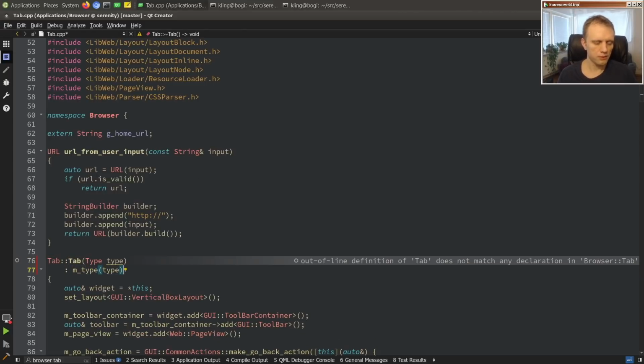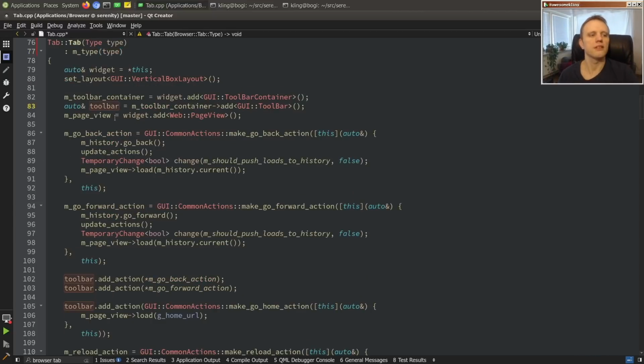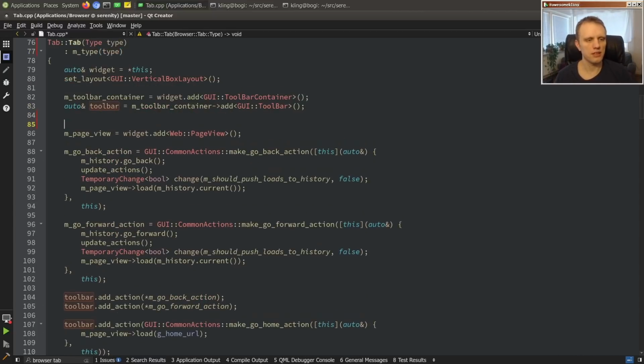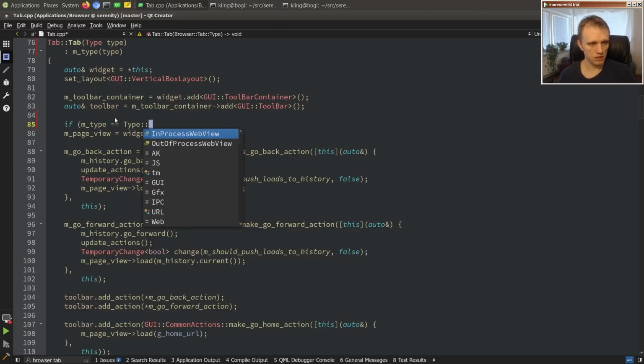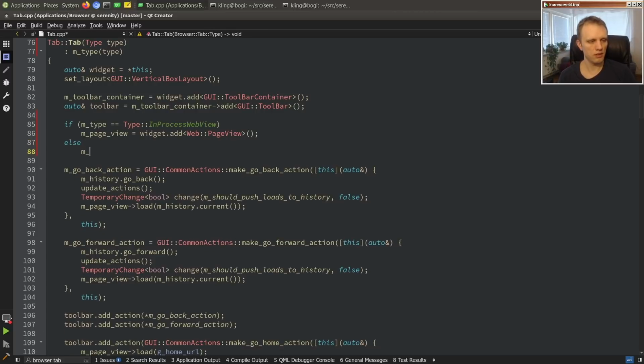So we don't forget. All right, so basically first step we need to take is when we instantiate the page view, we need to say if mtype is type in process web view, then make a page view. Otherwise, web content view is